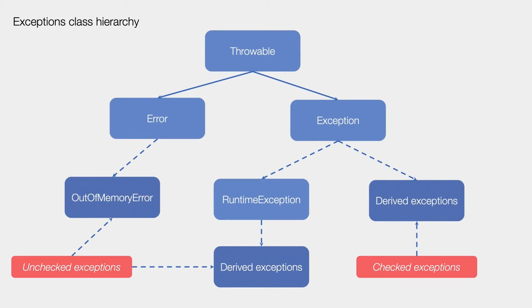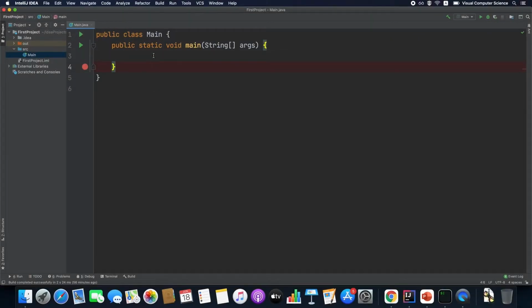Now, enough talking about those theoretical subjects. Let's see the code to play a bit with some exceptions and try to figure out how they actually work, right? Alright, so here we are in IntelliJ IDEA Community Edition. We've got a sample project set up here. And we're going to create our very first simple exception. So let's say we have an array of 10 elements, an array of integers, right? And let's say we want to write data in a location which is not allocated in this array.